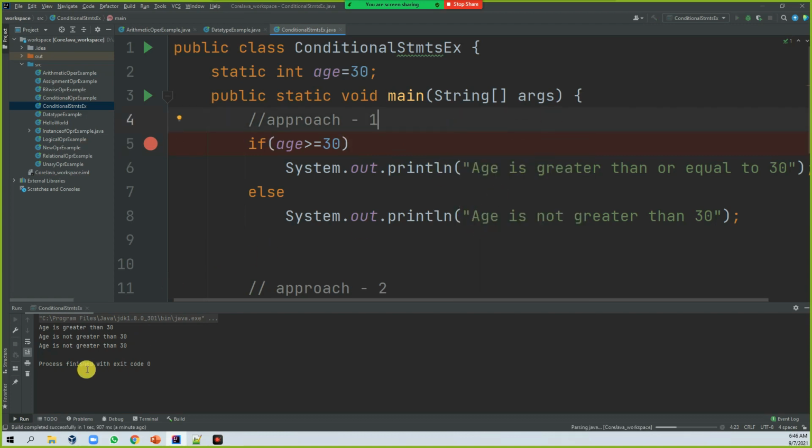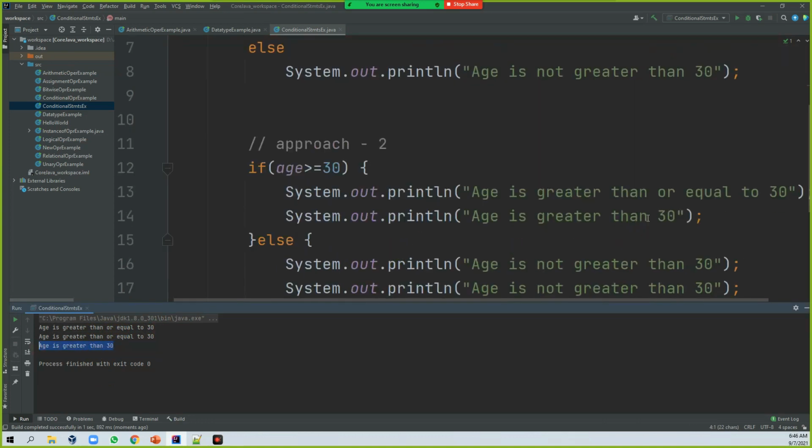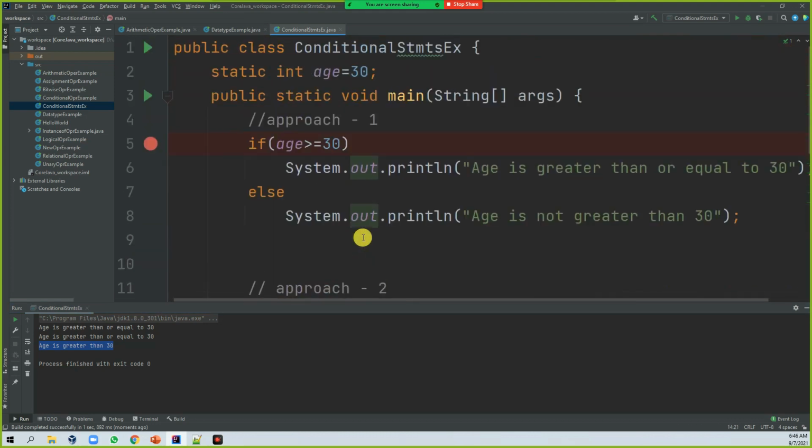If you run it, you can see the output properly. Age is greater than or equal to 30, and this is for the second approach. This is still giving this message. Okay, so this is the one for the conditional if and else statement. The next thing is